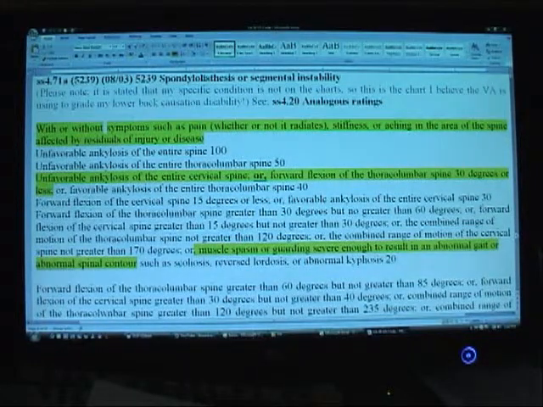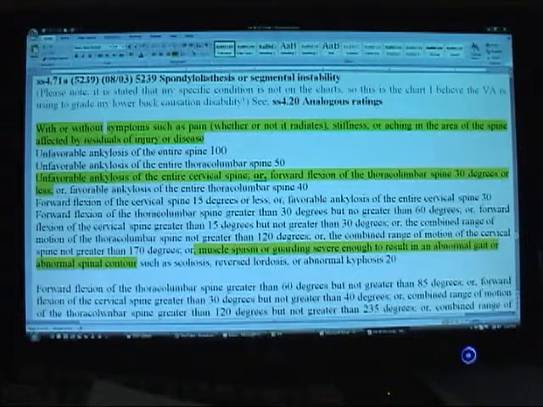Forward flexion of the thoracic lumbar spine greater than 30 degrees but no greater than 60 degrees, or forward flexion of the cervical spine greater than 15 degrees but not greater than 30 degrees, or the combined range of motion of the thoracic lumbar spine not greater than 120 degrees, or the combined range of motion of the cervical spine not greater than 170 degrees, or muscle spasms or guarding severe enough to result in an abnormal gait or abnormal spine contour, such as scoliosis, reversed lordosis, or abnormal